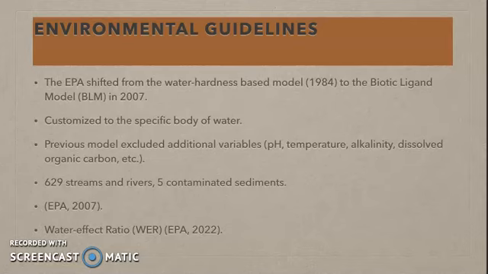The water effect ratio method is a biological method to compare bioavailability and toxicity in receiving waters versus lab test waters. According to the EPA, the WER is calculated by dividing the acute LC50 of the metal determined in water collected from the receiving water of interest by the LC50 of the metal determined in standard laboratory water after adjusting both test waters to the same hardness. The hardness-based criteria concentrations are then multiplied by this ratio to establish site-specific criteria that reflect the effect of site water characteristics on toxicity.